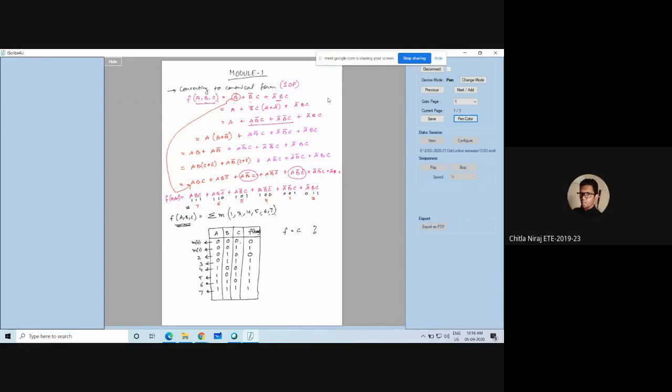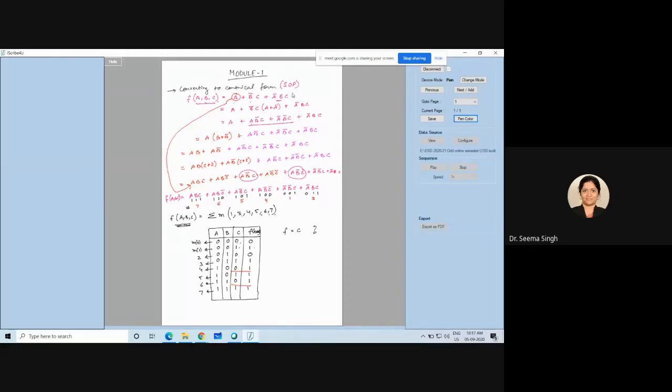Only when all the terms of C and F are equal, you can say F is equal to C. In this case, it's not true because the fourth term and the sixth term are not the same. So F is not equal to C. I wanted to say F equal to C because I could see that in so many cases it is the same. But there are 2 cases when it is not the same.